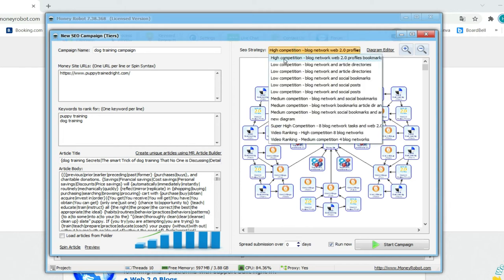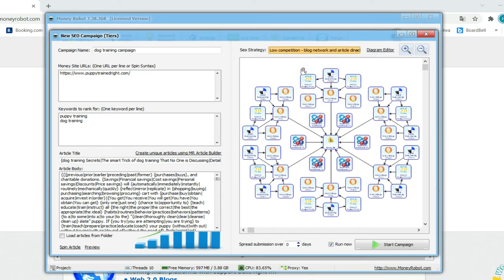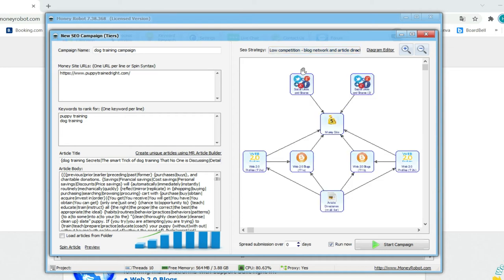And if it's a low competition keyword, then there is no necessity to use the high competition strategy. You can use a simple low competition strategy. You can also modify the strategy once you are used to it using Money Robot. You can just modify the strategies here.